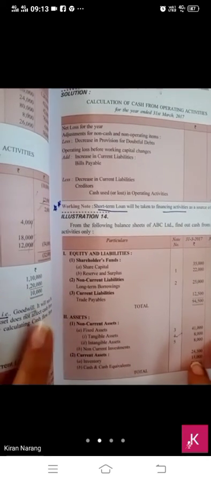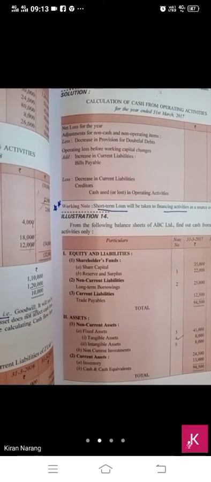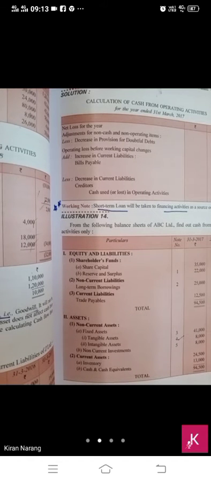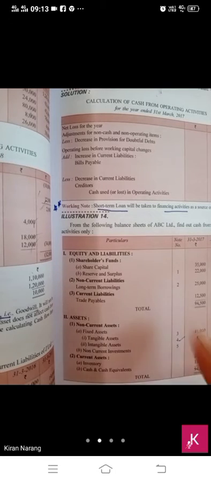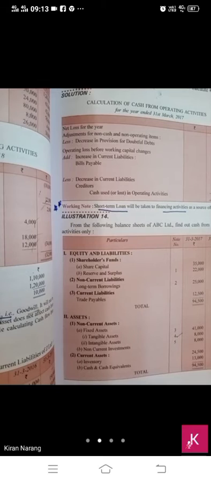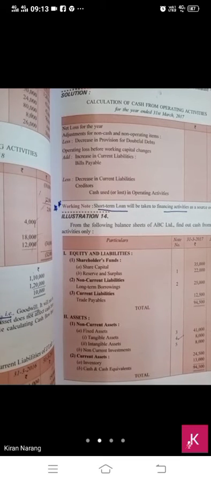Now the big question starts. Have a look at the question first. What is given to you? A huge balance sheet is given to you. And there are some numbers written under note number. These are the note numbers, meaning at the back notes will be given to you. And first of all you will solve the notes.